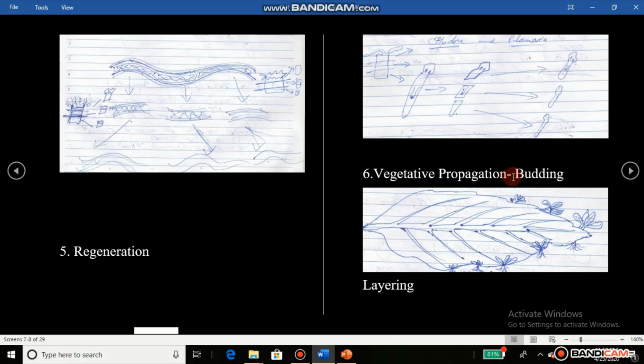Sixth one is vegetative propagation, budding. Already I told you there are two types of vegetative propagation, natural and artificial. Why is it natural and artificial? Let me tell you. This is written vegetative, meaning vegetation. Vegetation means plants, related to plants and trees. So this vegetative propagation method only happens in plants. So plants reproduce naturally by the asexual mode of reproduction. There is only one, which is budding,